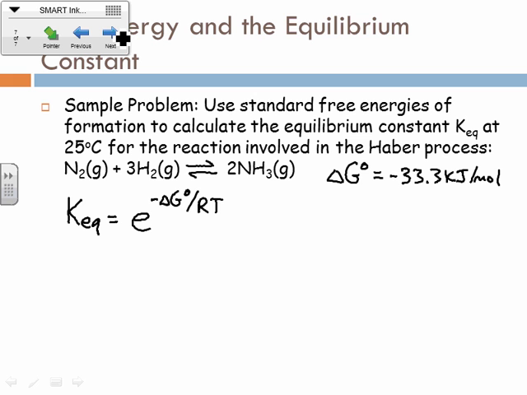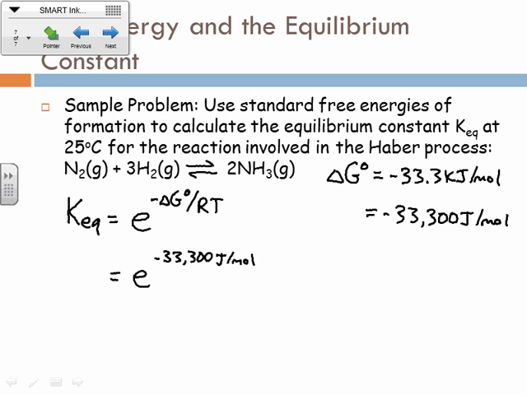I don't know if you guys agree with that. So I'm actually going to change my delta G this time to be negative 33,300 joules per mole, because to me that's a little bit nicer than having to work with a very small R for my decimal. So this is basically going to be e to the negative 33,300